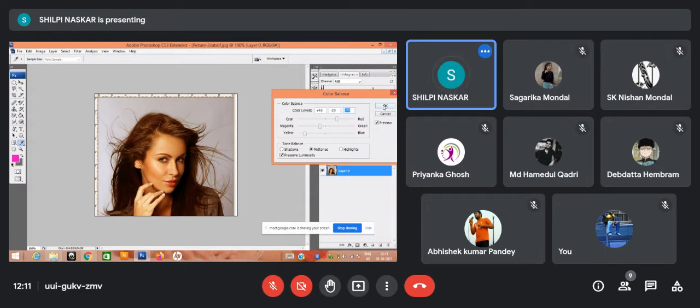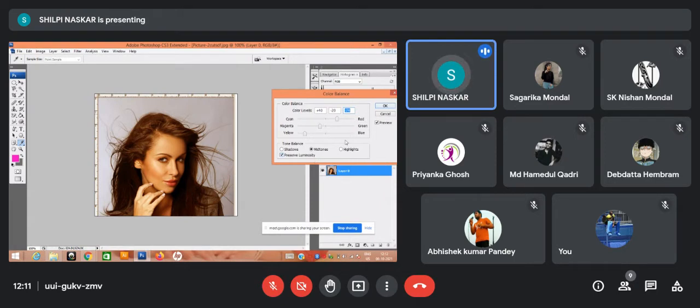This is the output. Now, as I was telling you about calibration, if I am doing it in my system and my system is calibrated, and I send this particular file to your system, you'll see the same visual output. But if your system is not calibrated, then you might see a different output. So this is color balance. I have made it a little bit yellow reddish.